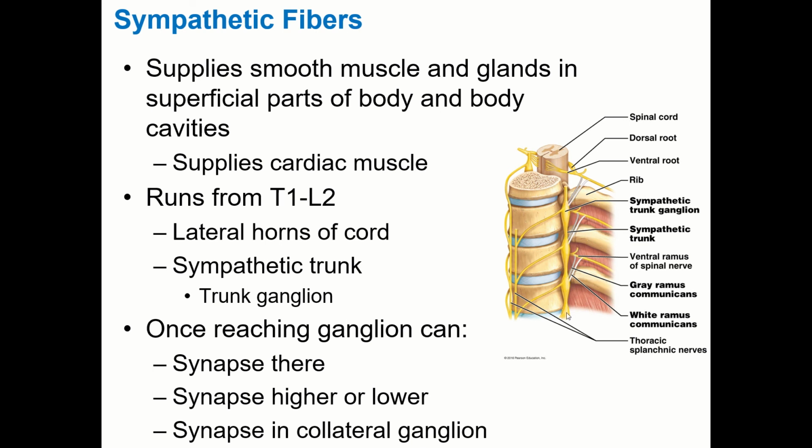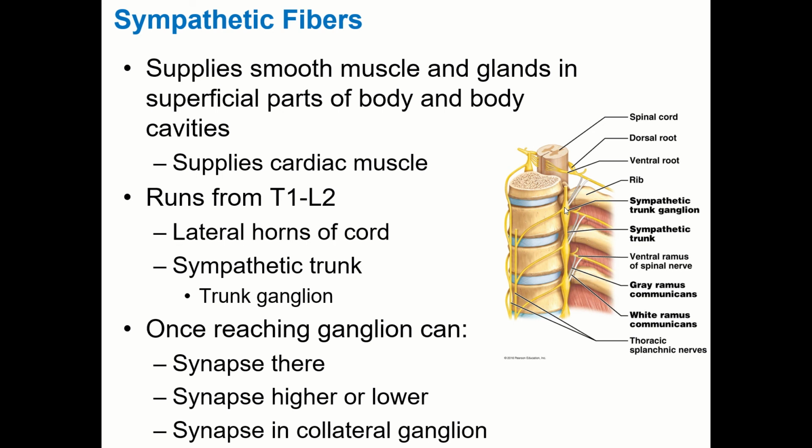And then this whole thing is called the sympathetic trunk, right? It runs along the spinal cord, actually from the cervical section all the way down into the pelvis. But the cell bodies only issue axons from T1 to L2. But this runs up and down along the spinal cord. So our particular axon is going to exit here, and then it's going to go back this way into the